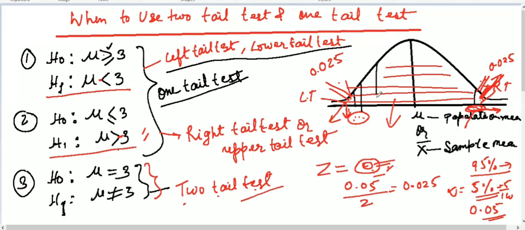If your Z score lies only in this area, and doesn't go to either side, either of the tails, only this area is your accepted area in a two tail test. So you have to accept the null hypothesis.